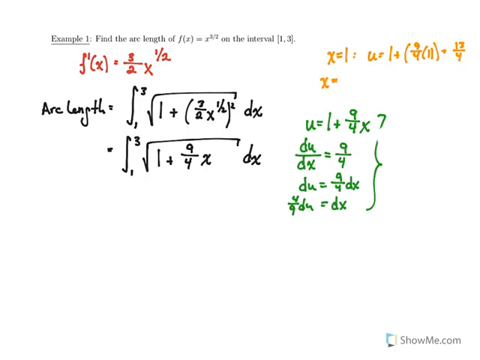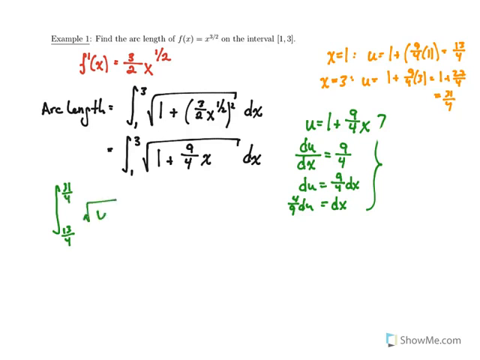And when x equals 3, you have u is equal to 1 plus 9/4 times 3, which is 1 plus 27/4, which will give us 31/4. So total here we have the integral from 13/4 to 31/4,